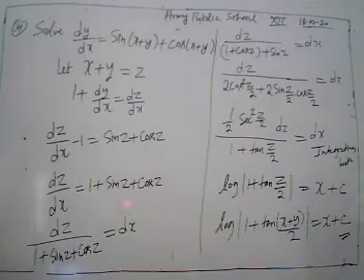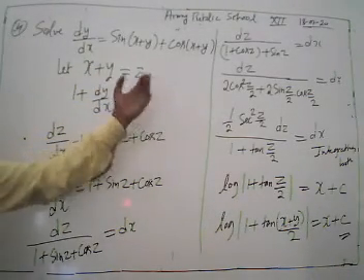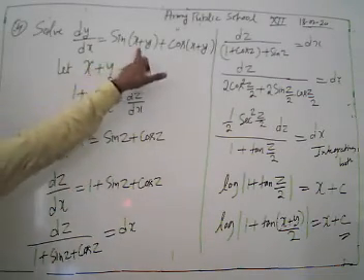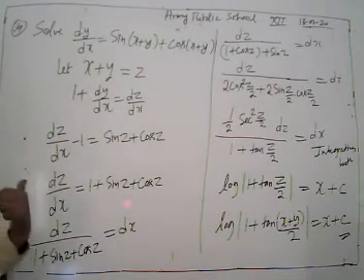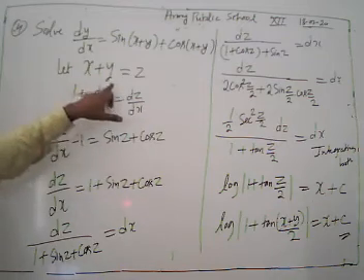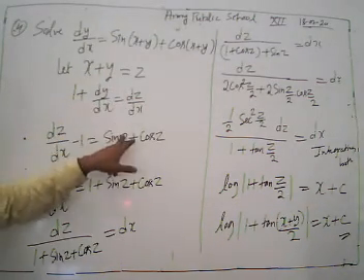What do we do? First of all, in the given problem, till now we have discussed problems based on our variable separable method. But here we see that our two variables are in sum form. Then what do we do? We reduce them to a single variable. We take x plus y equal to z. Then differentiating with respect to x, we get 1 plus dy/dx equal to dz/dx.